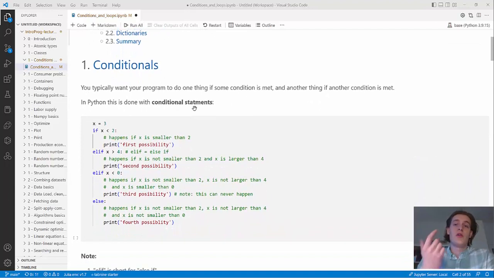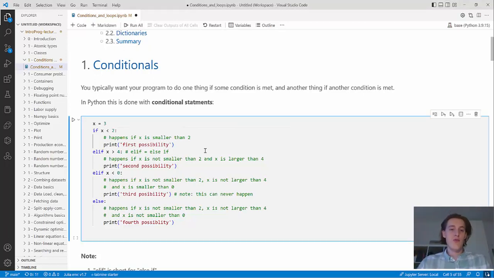Conditions go back to the atomic types we had talked about, the Boolean variables which could be true or false, and this is basically what we use them for. So what you want to use them for later is when you have some program which can do a lot of stuff, and you want to say, okay, maybe if I get a negative number, then I want to do this, but if I get a positive number, then I want to do this calculation. And this is what you use conditionals for. So here's an example